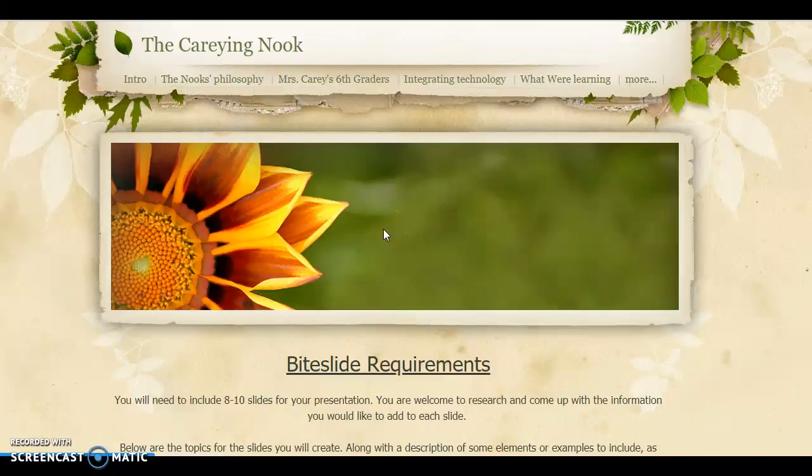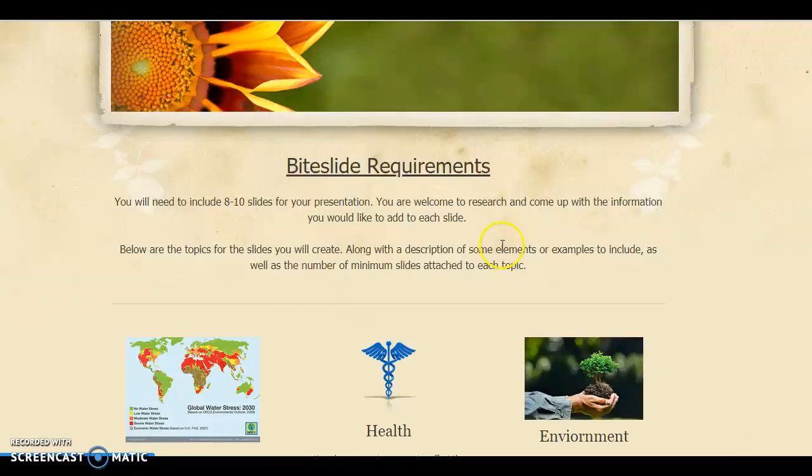Hi guys, let's go over some of the expectations for the project. Right now you're under criteria expectations, and we're going to go over some of the requirements for your Biteslide. So if you look underneath Biteslide requirements, you'll see that you're going to need 8 to 10 slides for your